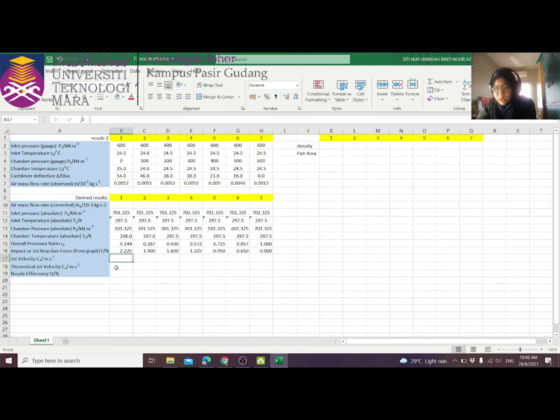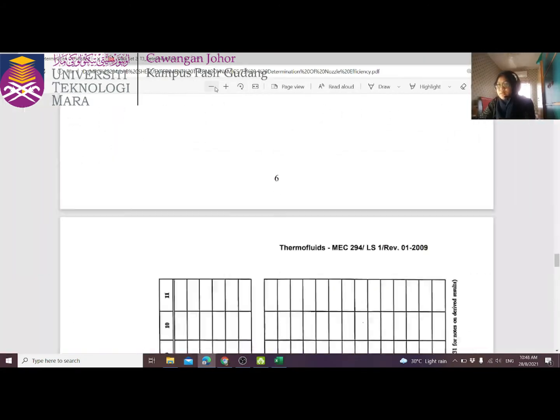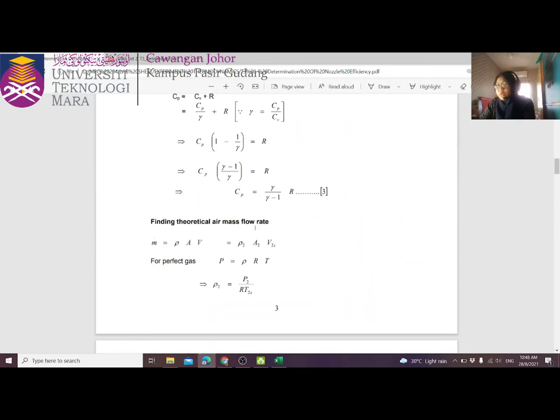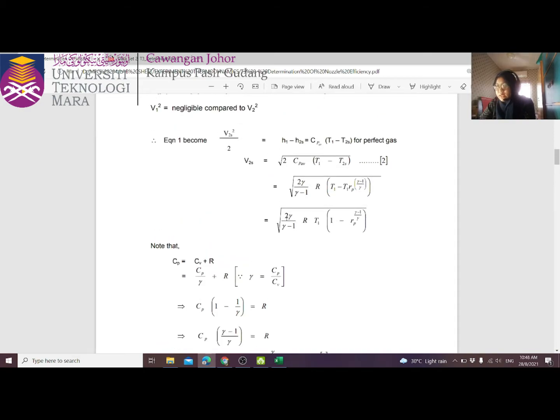So from here I will do this one first. So for this one, we see that the equation here, which is square root 2 gamma over gamma minus 1 RT1 in bracket 1 minus RT gamma minus 1 over power of gamma minus 1 over gamma. So from this equation,